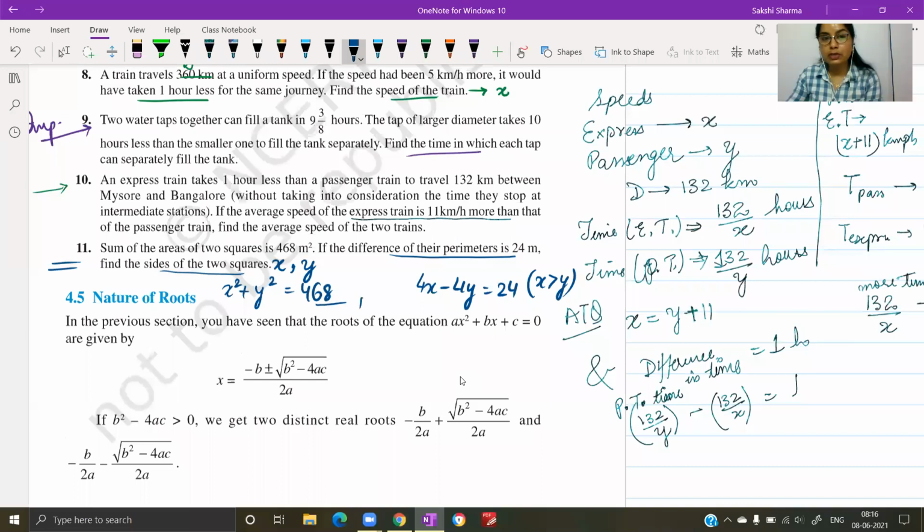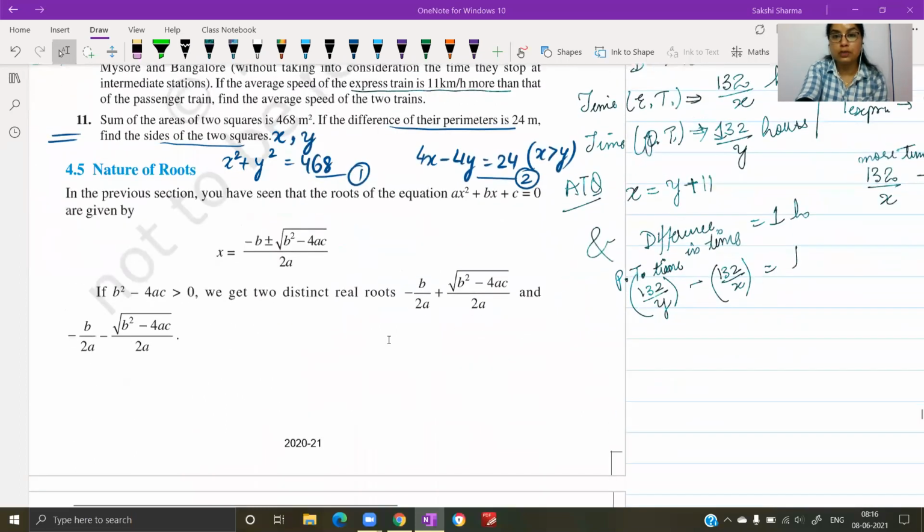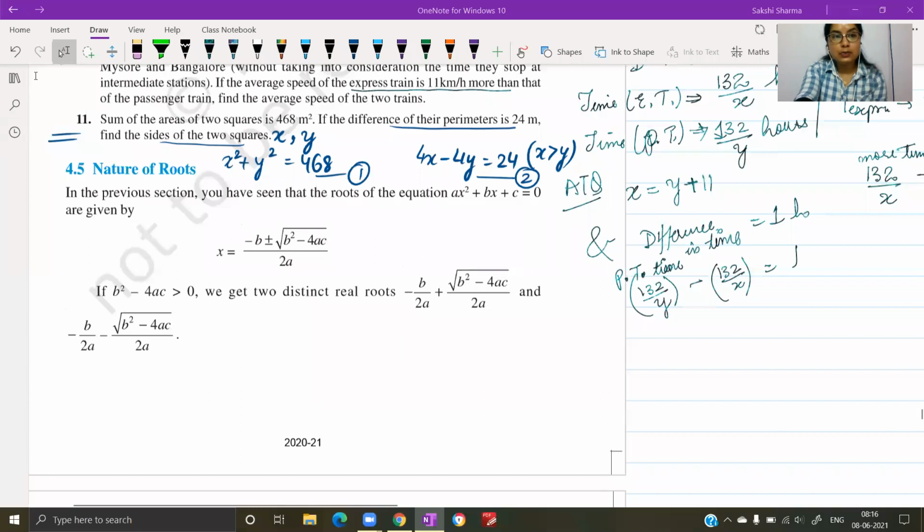From the second equation, we have x minus y equals 6. We can find out the values, right? These are the two equations you will use, and you can then reduce it to a quadratic equation in one variable and find out the value of the variable you have chosen. And once you have the value of that particular variable, use it to find out the value of the other one. Let's quickly write it.